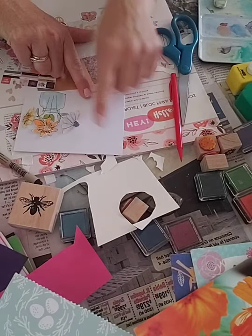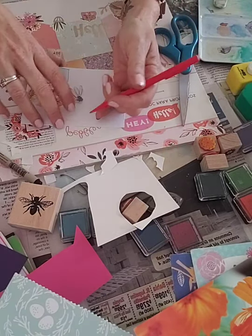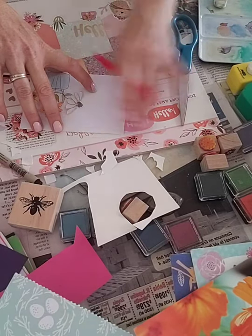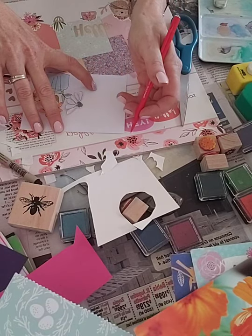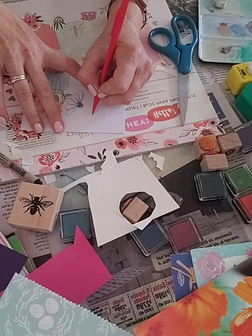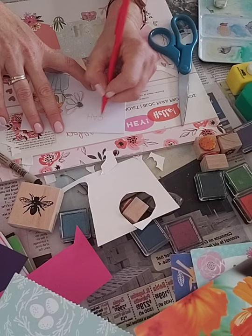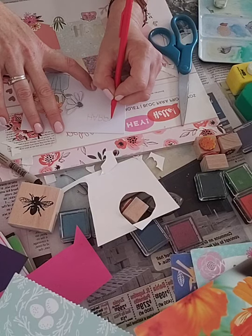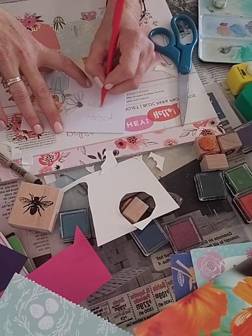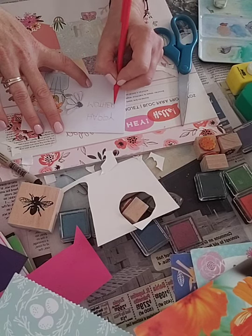All right, so let's do Happy Mother's Day. And what I'm going to do, since I only gave myself this much space, is I'll probably do Happy Mother's Day. So let's do that. And if you want to draw out lines, use a ruler, anything like that, that's great. If your lettering doesn't always make you happy, it doesn't always make me happy either, but it is what it is. Happy Mother's